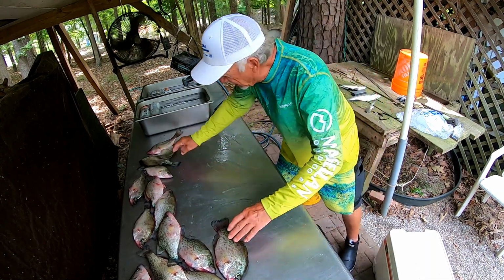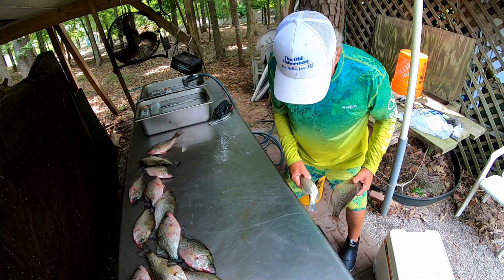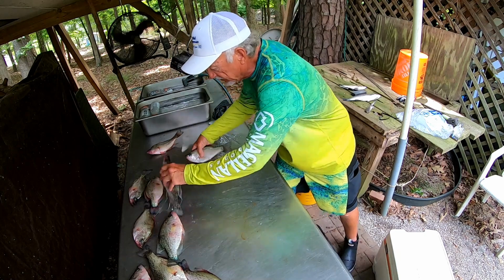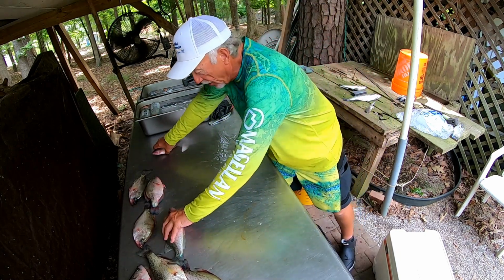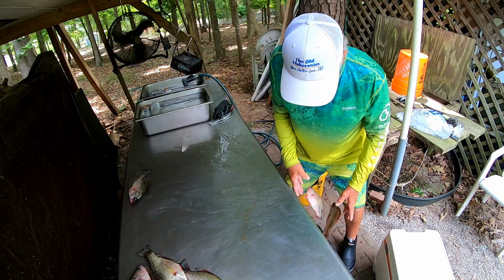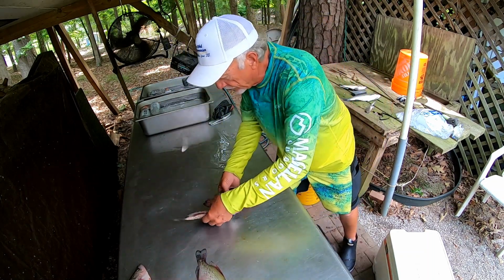What a catch we had today on this lake. All of them's not as big as Lake Murray's, but they all good eating size. We're gonna have a fish fry tonight. A couple of us, and